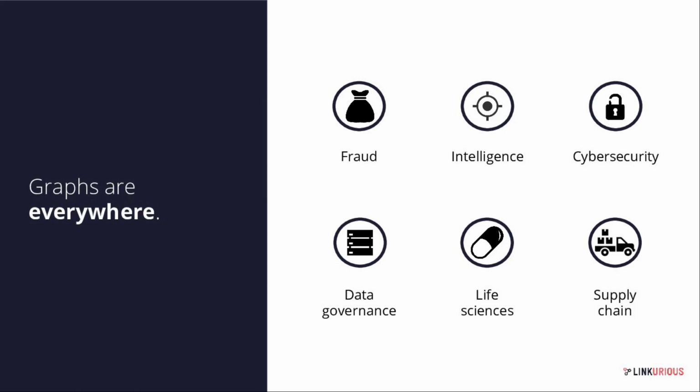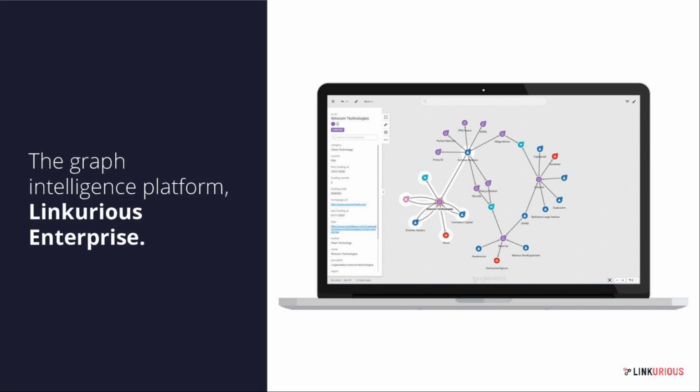But what all of these use cases really have in common is their need to use connected data to make decisions. And with the help of graph databases that are now really more accessible thanks to products such as Neo4j, it's easier than ever before to store and query large, complex data sets. So where does Linkurious come in? Linkurious Enterprise is the #1 graph visualization and analysis platform, and it allows large teams of analysts to really easily make sense of their most complex data and to detect suspicious activities as they happen, all in a really secure